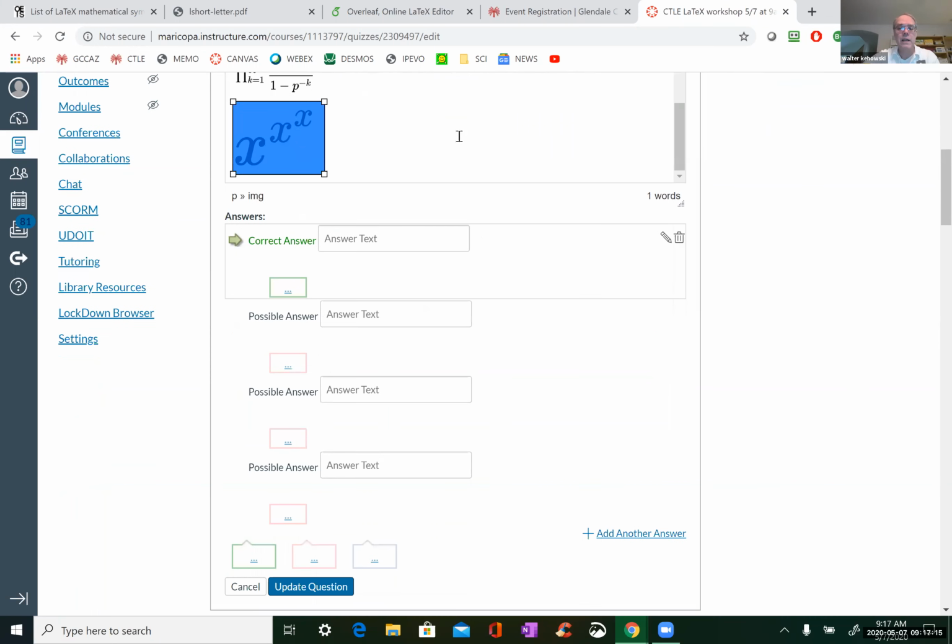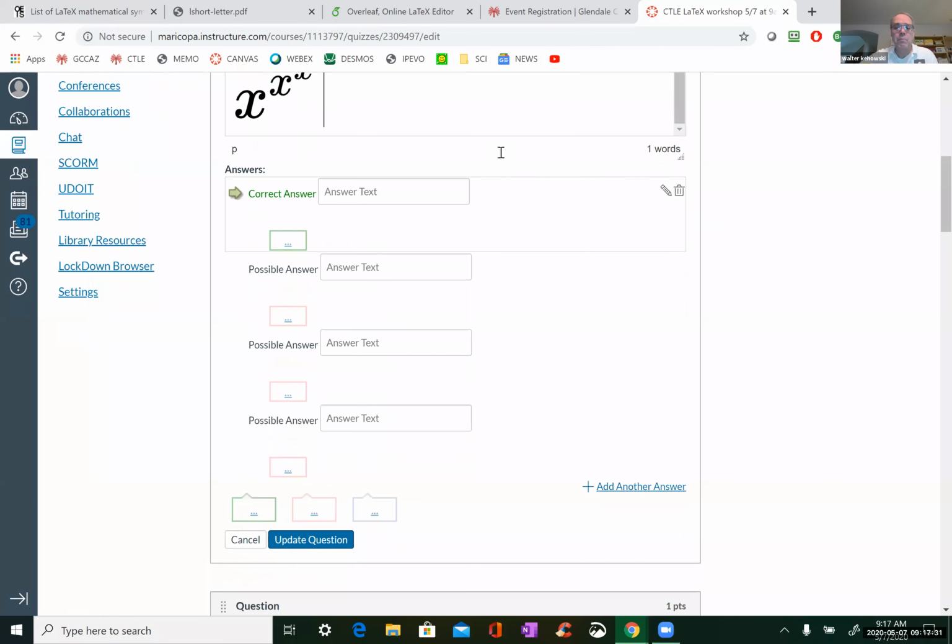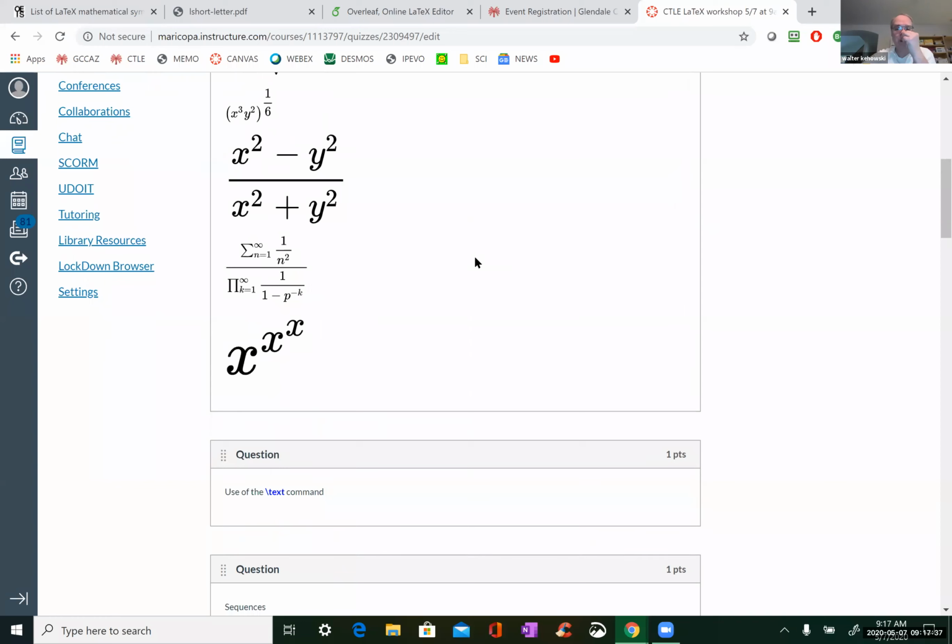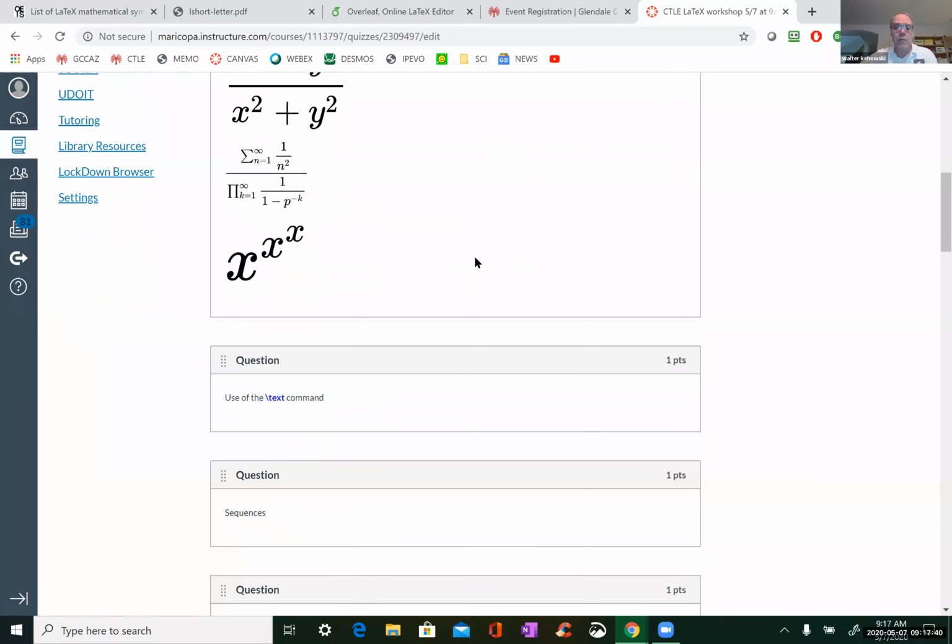You see? So LaTeX is very robust and can do very complicated constructions without breaking a sweat. Okay? This is how you do it. Okay, and I'll export this. I'll try to make this available. I'll export this quiz so you can look at it.